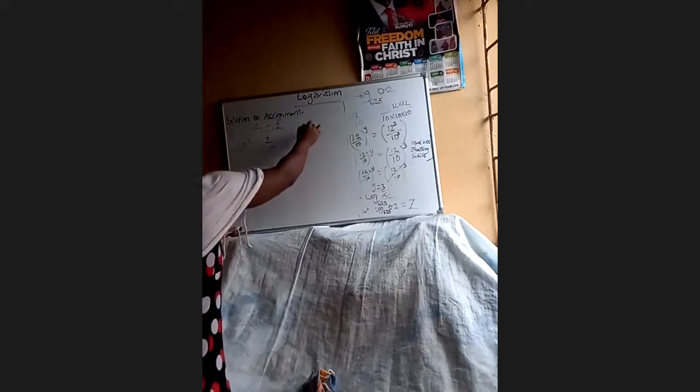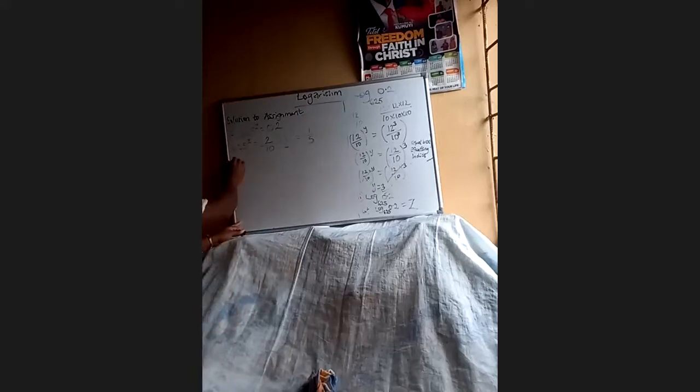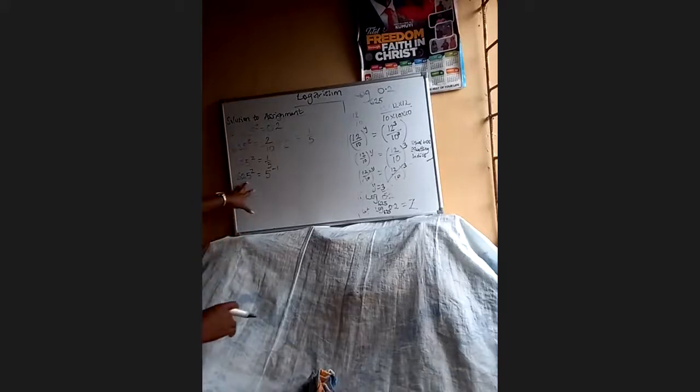So we have it as 1 over 5, reducing it to its lowest form. So we have 625 raised to power z is equal to 1 over 5, which is the same thing as 625 raised to power z is equal to 5 raised to power minus 1. Now, looking at 625 and 5, we look for the relationship between 625 and 5. When we break down 625,